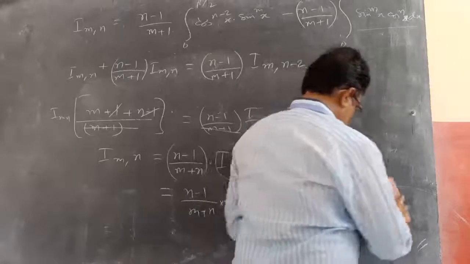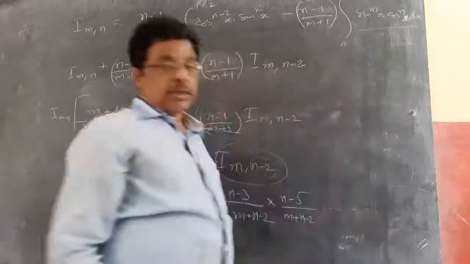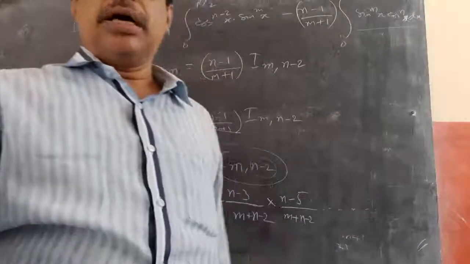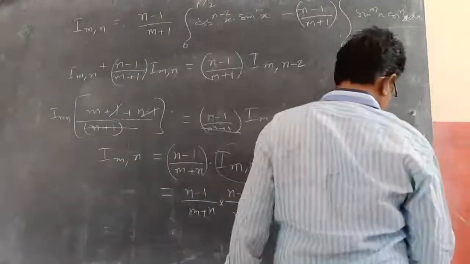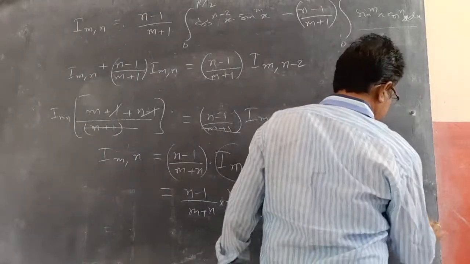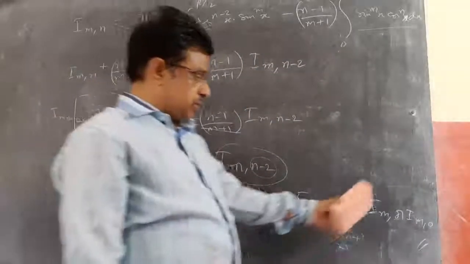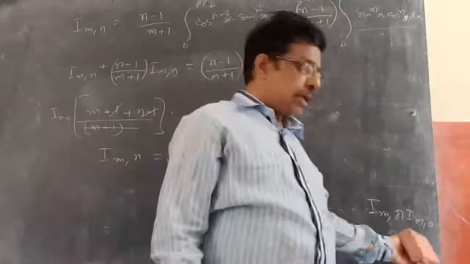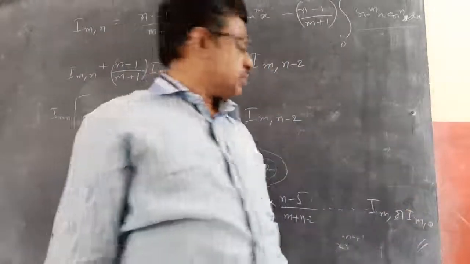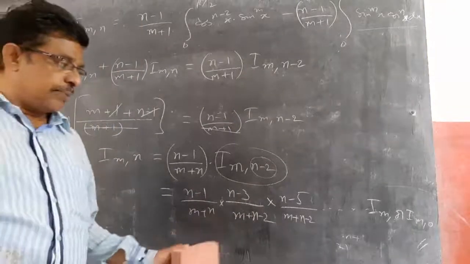So if you reduce and so on like this, you will get I(m,0) or I(m,1), equal to I(m) or I(m,0). So if it is I(m), you have to reduce the sine again. So last one is you need to reduce the sine again. That is what I want to say. While doing the sums we will come to know what happens.